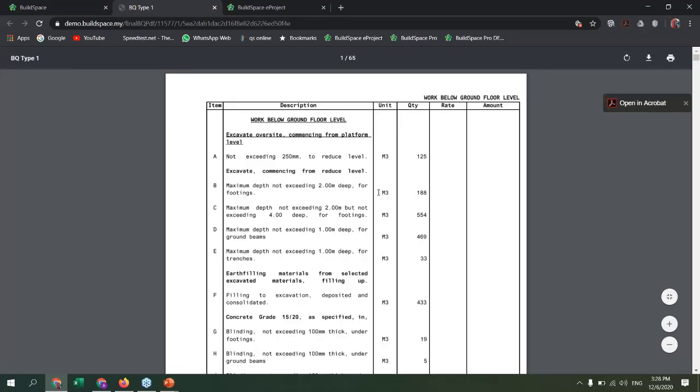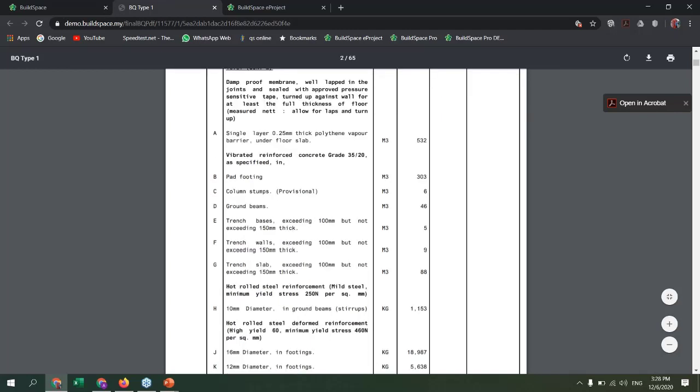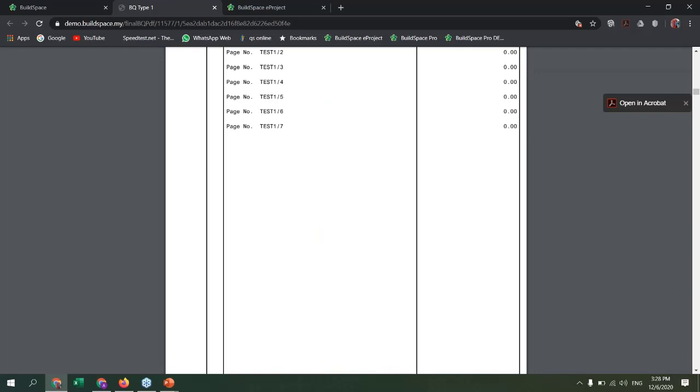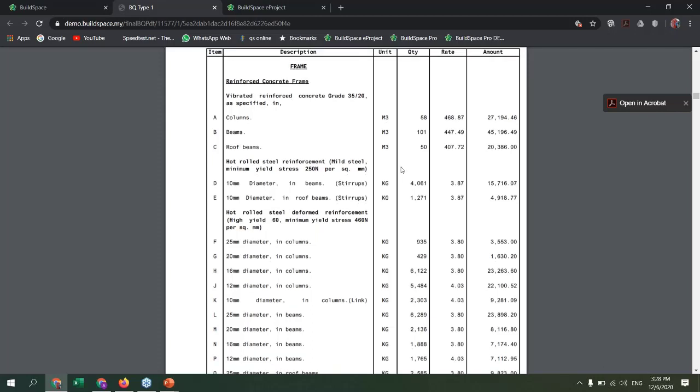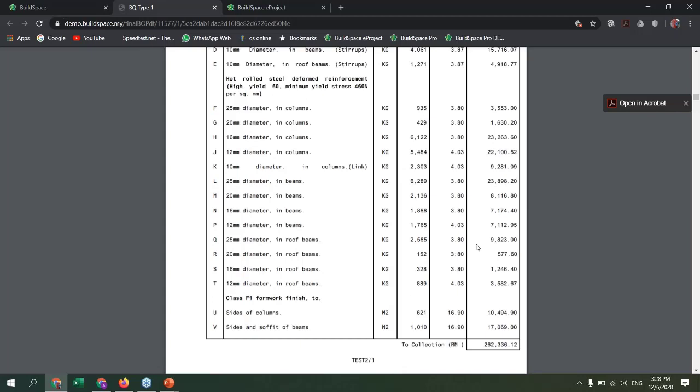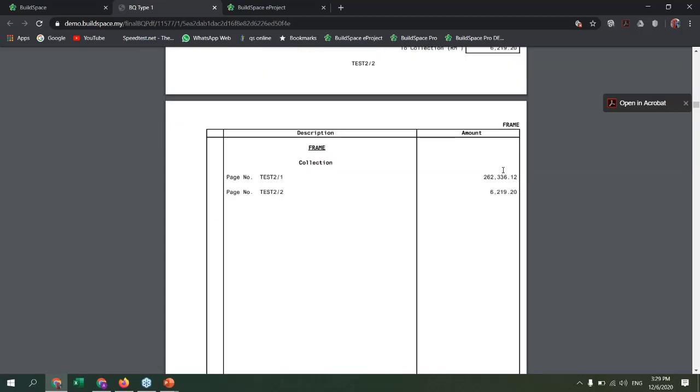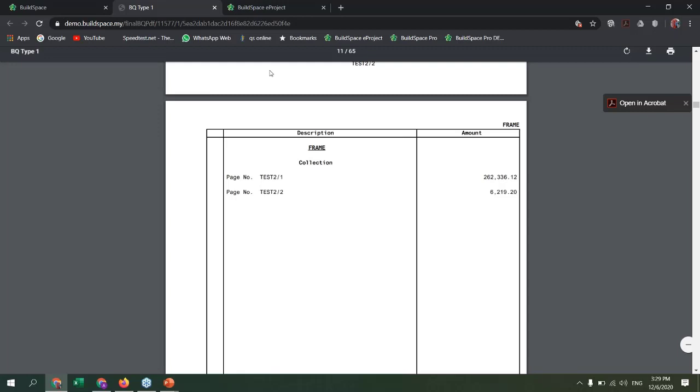Okay, now we can examine the work below lowest ground floor. We scroll further down to frame, and in frame over here we can see the rates and also the amount laid out nicely, just like the one we would see in traditional BQ pricing. And also the collection page over here will be automatically available and automatically calculated. Okay, so once we are happy with this,